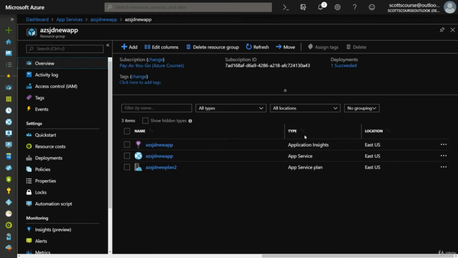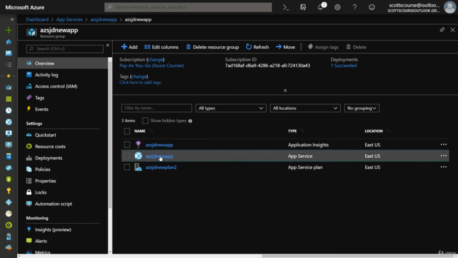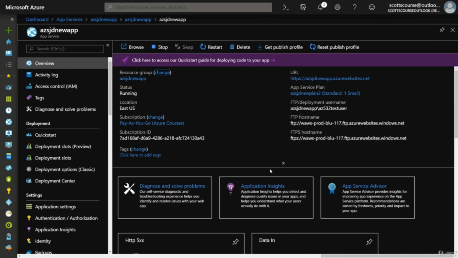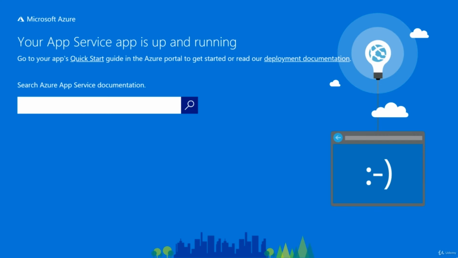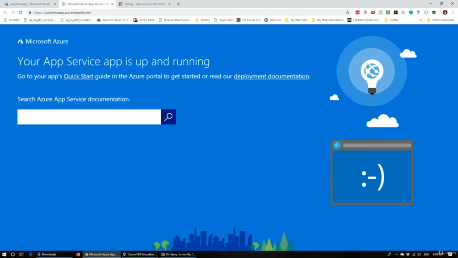So now this web app is up and running, but at the current time there's no code in there. We haven't actually written any code, we haven't deployed any code. So what do you think is going to happen when we go to the URL? So I'm going to click on this, and we're going to see that Microsoft has basically a standby web page that says your app service is up and running. Okay, so basically this is a Microsoft page that tells us everything's working. When we deploy our web app into here, it's obviously going to go away and be replaced